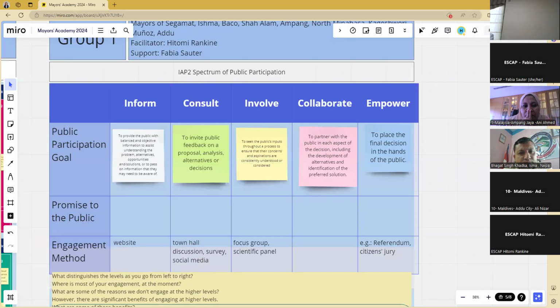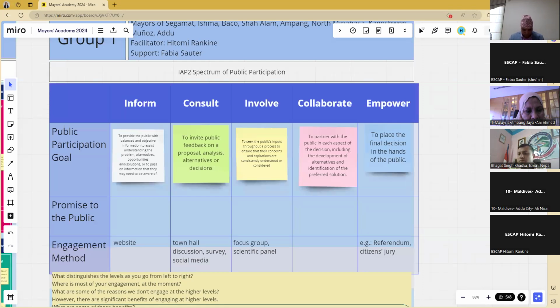we have to think about all the nuances you go through as you engage at various levels. That's why very often it is okay to stay at consult if we're very clear that this is the limit of what we can promise, right? And the limit of what we have in terms of the room for decision making and creativity, right? But let's be intentional about it because we know about the potential rewards of engaging higher up and the transformative potential of that, right? One final topic I want to talk about with respect to the spectrum